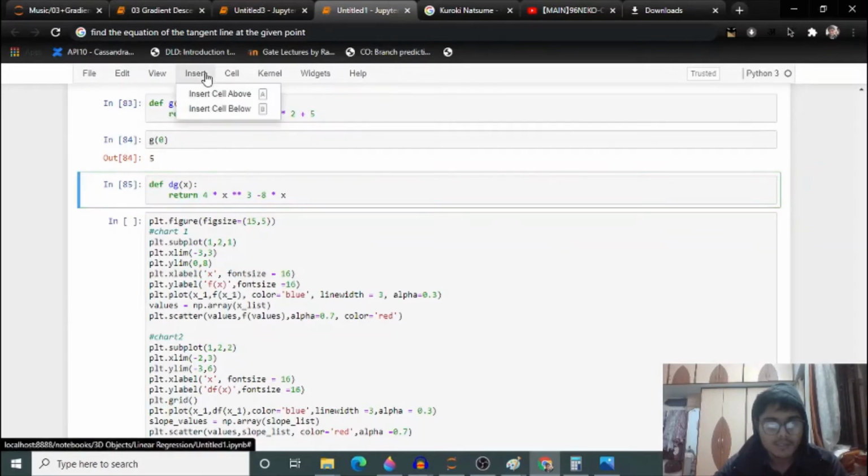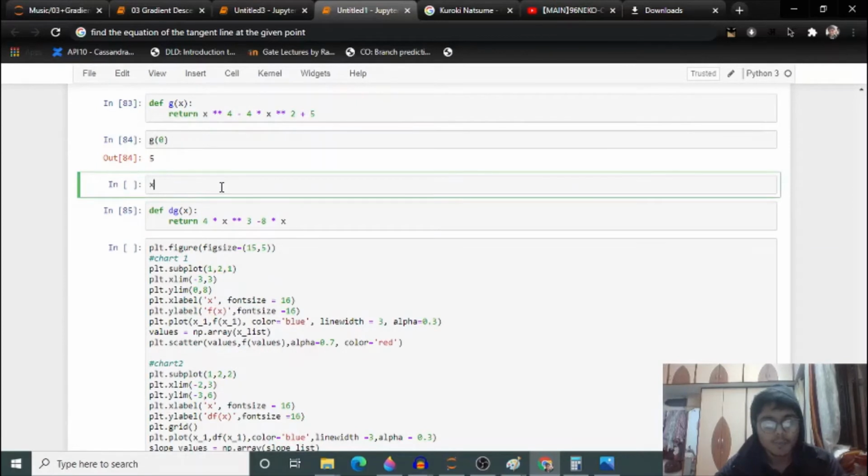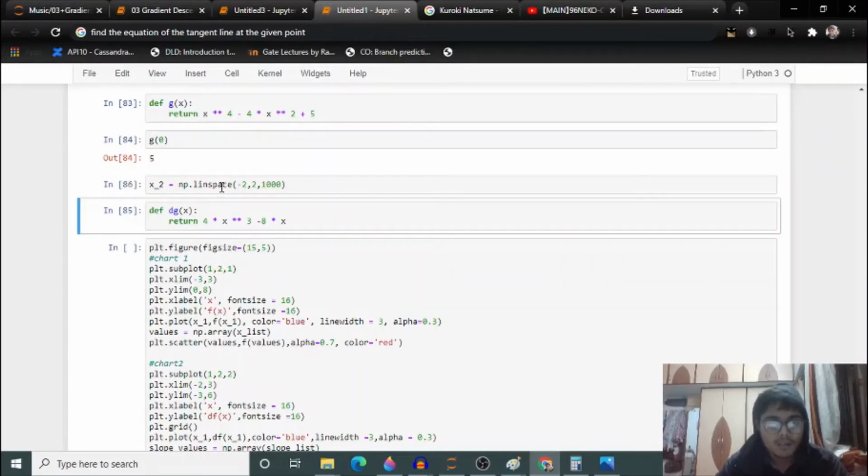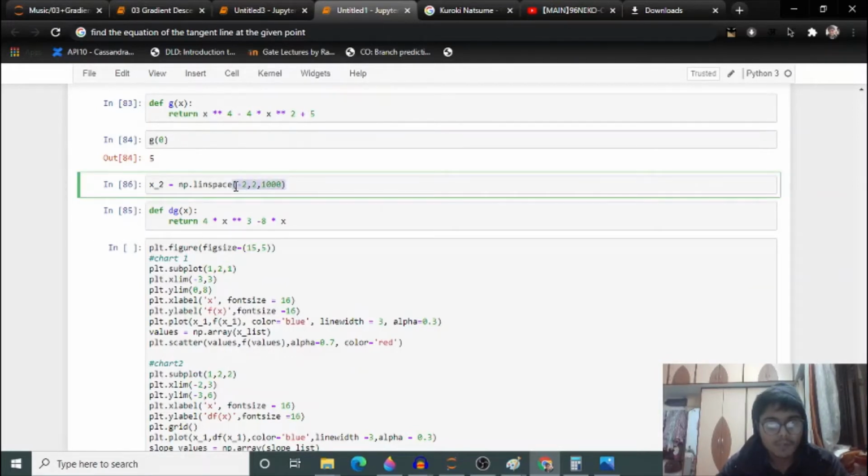I will insert this cell above, and let me put x underscore 2, and you are now aware of this function, np dot linspace. We will get numbers from -2 to 2. We want 1000 numbers, so we will get 1000 numbers between -2 and 2, including -2 and 2.